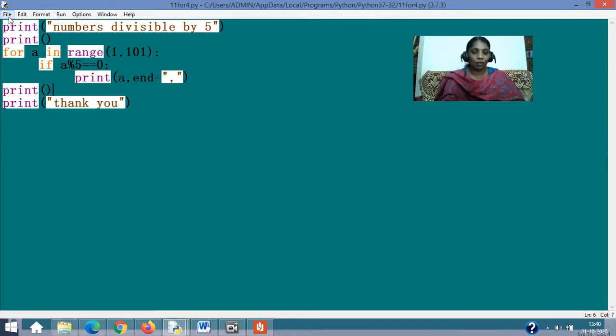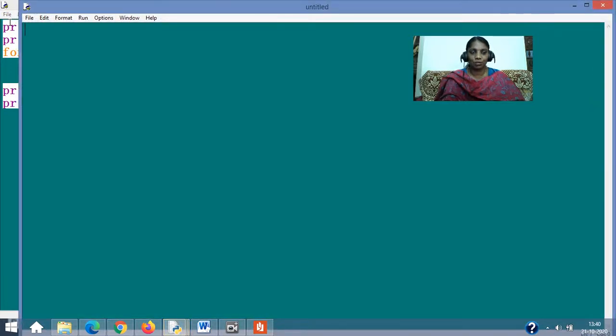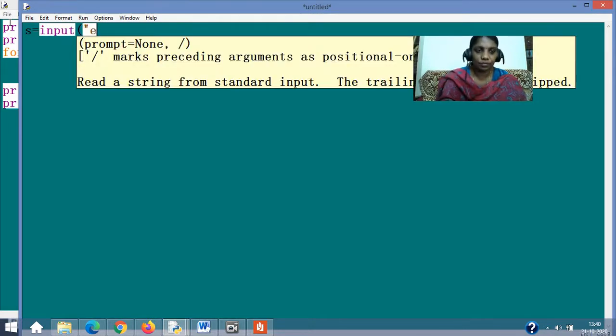Now something totally different from what we were doing. We told that range will work with numerical values. What I said is correct, nothing wrong in that. But I would like to show you something else. Let's input: enter your stream.